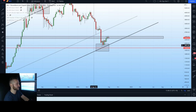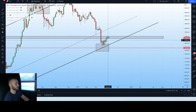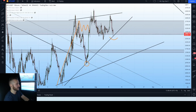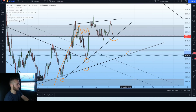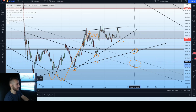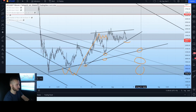The only reason I can imagine you don't want to see this trend line hold is if you accidentally sold the bottom, or you didn't purchase on the way up. But even if you didn't purchase on the way up, guys, there'll be another opportunity to purchase. Like I said, if we do lose this uptrending support line, we have this lower support, this trending support line over here, where we can look for an entry again. And worst case scenario, we retest this downward trending diagonal and this major support zone for another bounce. Okay, until we lose all of those 1, 2, 3, 4, 5, 6, 7 support levels,